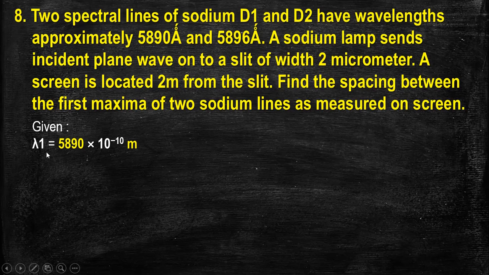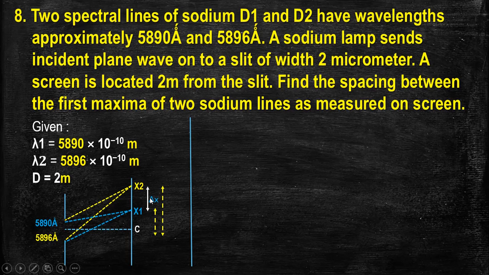Write the value of lambda 1 as 5890 angstrom unit, as 5890 into 10 to the power of minus 10 meter. Lambda 2 value is 5896 into 10 to the power of minus 10 meter. And capital D is 2 meter, which is given in this problem. So here in this diagram I am showing how the distances of these bright fringes due to these two wavelengths